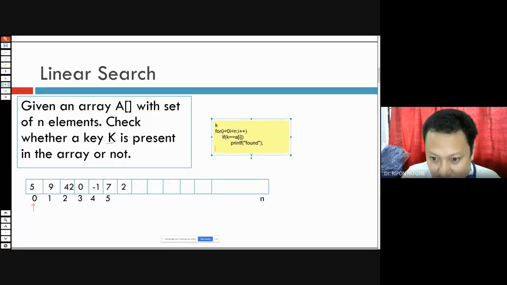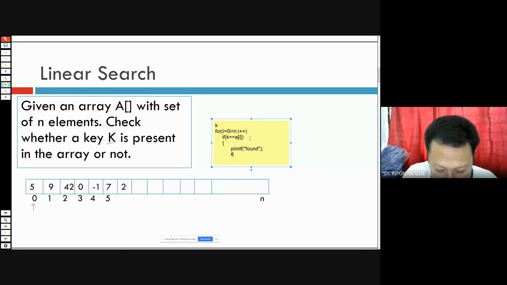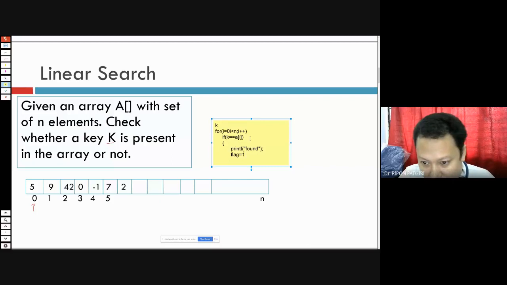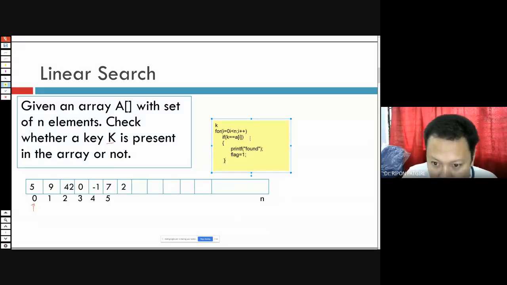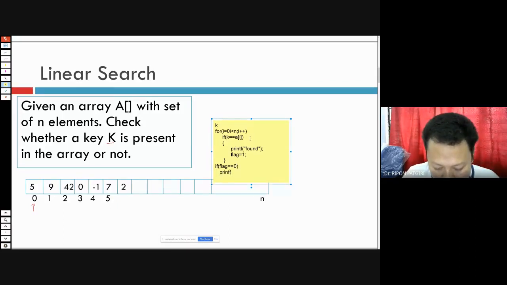Okay, that's it. Otherwise, here I'll write one flag. If flag, printf not found.